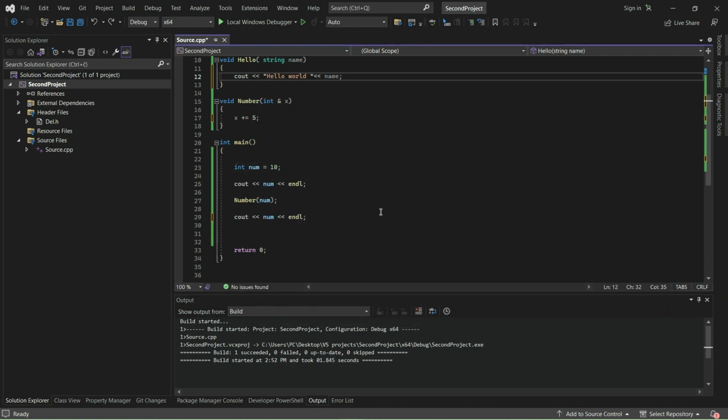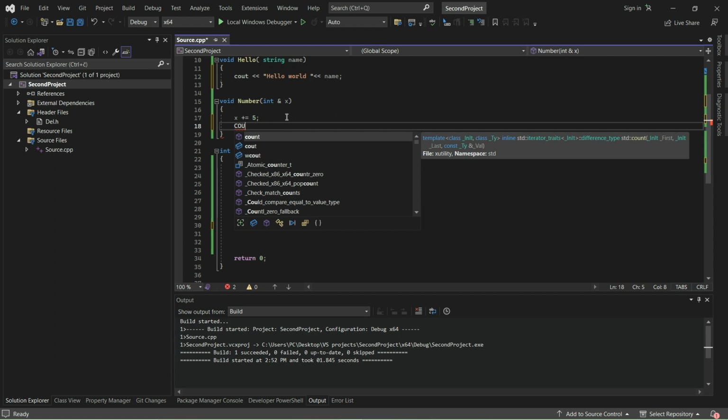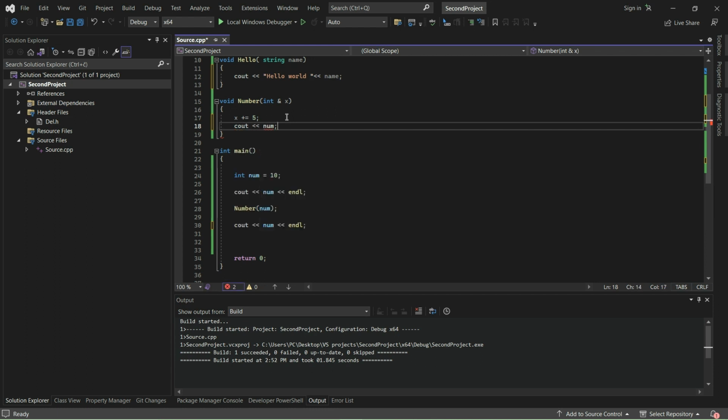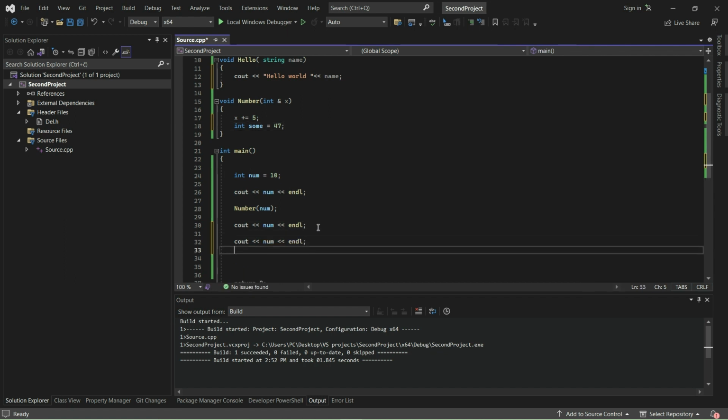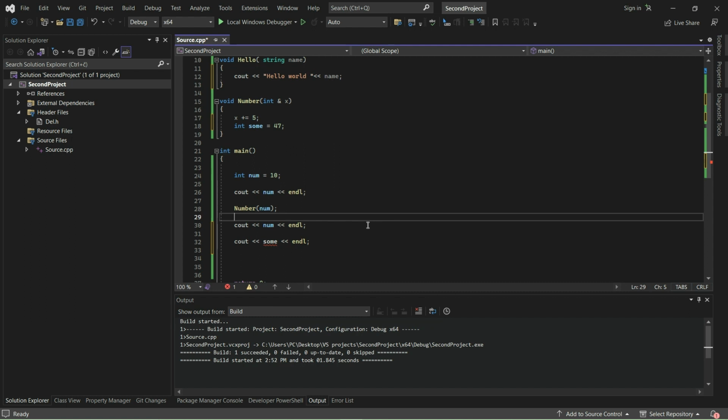Let's now talk about scope of the variables. When you declare variable inside certain function, it is called local variable because it is only available in that function. For example, this num variable is only available inside main function. If I want to use it in another function, I won't be able to do so. And if I declare here some variable and I want to use it in main function, I also won't be able to do so because local variables, as I said, are only available inside function where